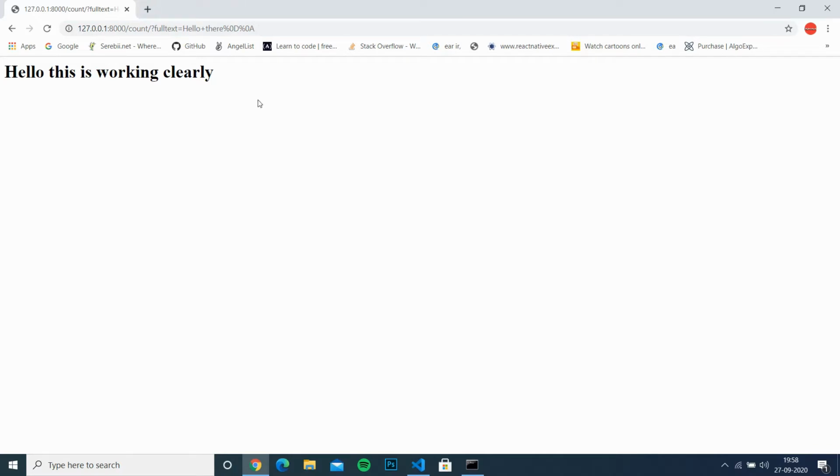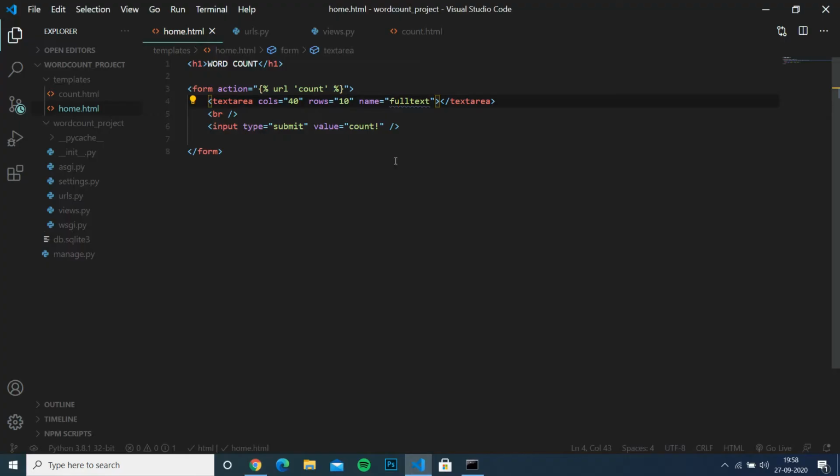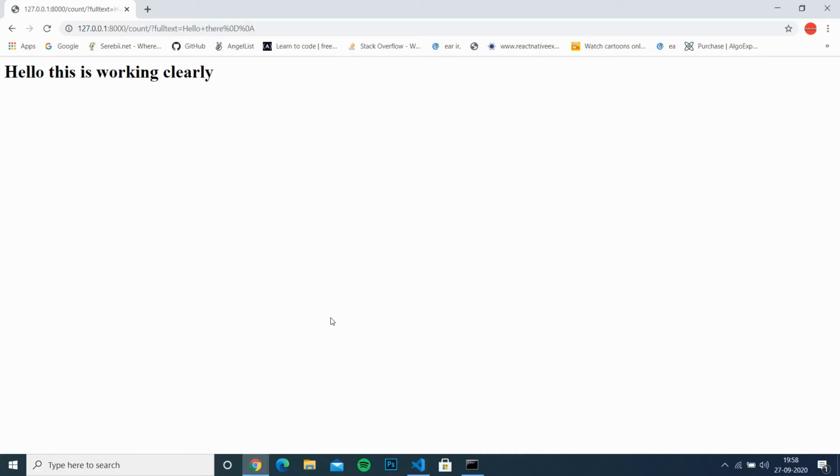The code here is unique, just like I told you. There might be more parameters where you have clicked. After a website URL, there will be some name equals some value, just like I have mentioned. We have named it fulltext. I have also shown you in Visual Studio Code that we have named it fulltext. So when someone clicks submit on the form, it passes the parameter on to the next